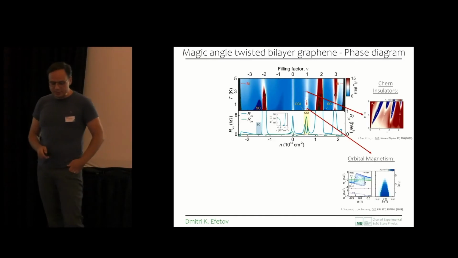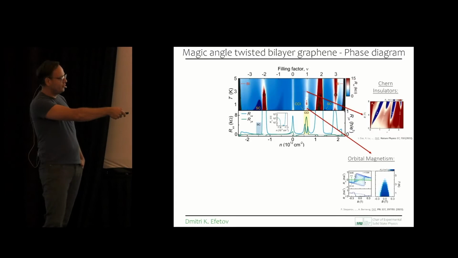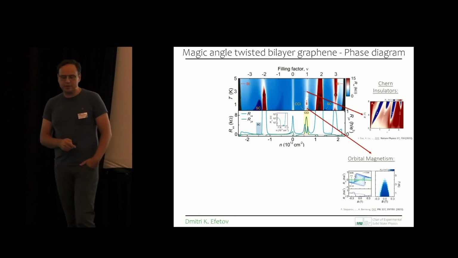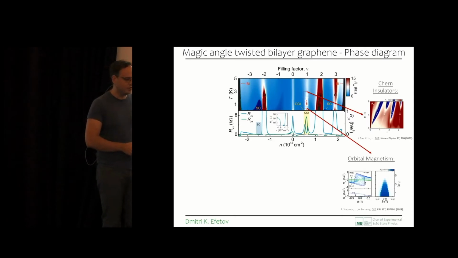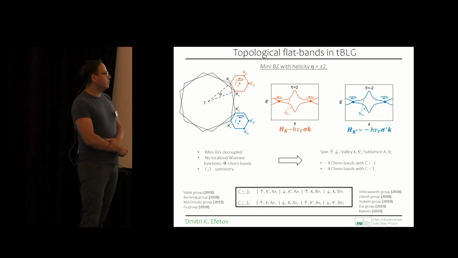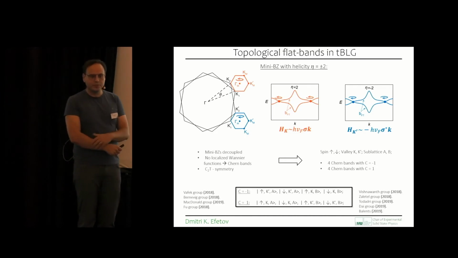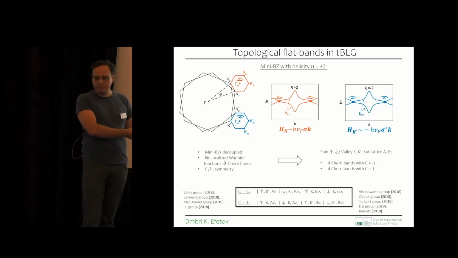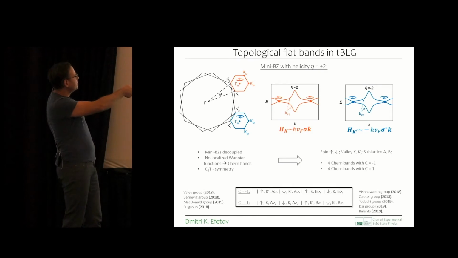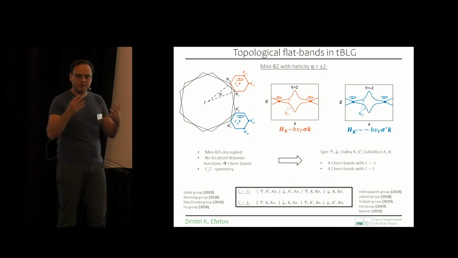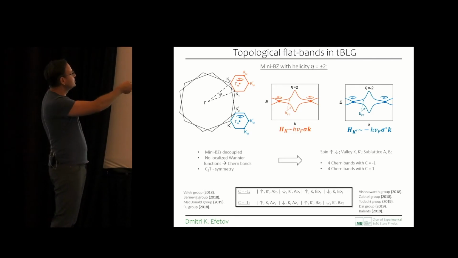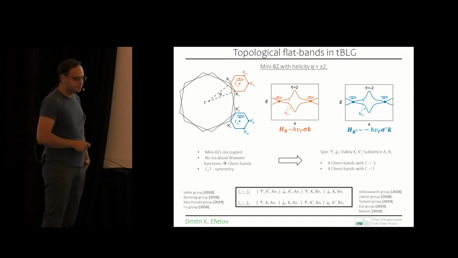Okay, magnetism and Chern insulators. It turns out that those two effects have more or less the same origin, which comes from the topological nature of the bands, which I explained in the very beginning. These topological properties are based on the single particle picture of twisted bilayer graphene. If you take the single particle picture and analyze the winding numbers in the newly created mini-Brillouin zones, you find that they are strongly decoupled. And therefore, unlike in normal graphene, you get helicities of plus and minus 2 in these mini-Brillouin zones.